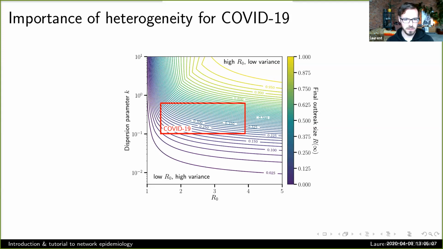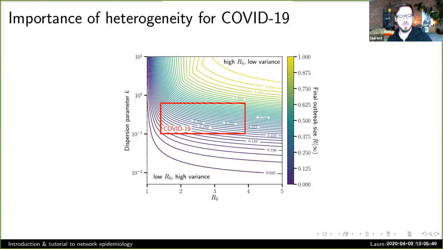The interesting part here is that things get out of hand more easily if you have a low variance. And actually, if you have a high R naught around 3, the dispersion parameter or the variance around R naught is actually more important than R naught itself, right? Low variance means everyone infects 3 people. Obviously, it's going to get out of hand if everyone infects 3 people. High variance means that you have some super spreading events somewhere waiting to happen. And then it's much easier to control that disease, because if you manage to stop that super spreading event from happening, whether that's a church meeting or spring break or whatever it is, then you've controlled your outbreak.